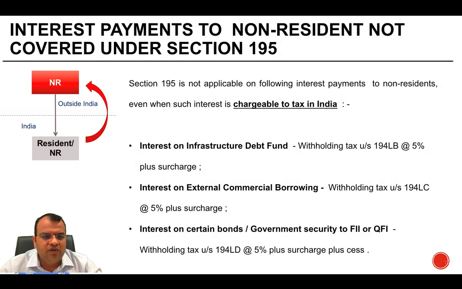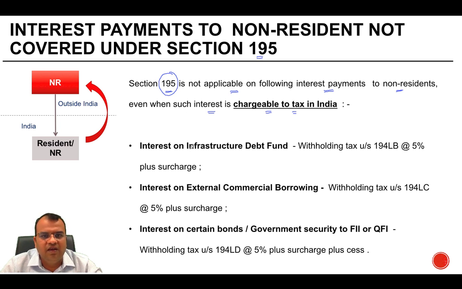Now, like I told you, the deduction of tax on interest under section 195 excludes certain payments. So section 195 is not applicable on the following interest payments to non-residents, right? Even when such interest is chargeable to tax in India. If it was not chargeable to tax in India, then in any case section 195 was not applicable. But even when these interests are chargeable to tax under the Income Tax Act, read with the relevant treaty, then also section 195 is not applicable if the payment in the nature of interest falls under any of these three